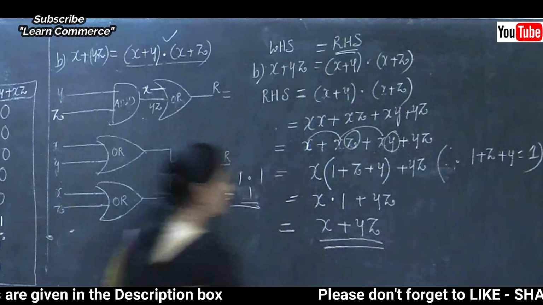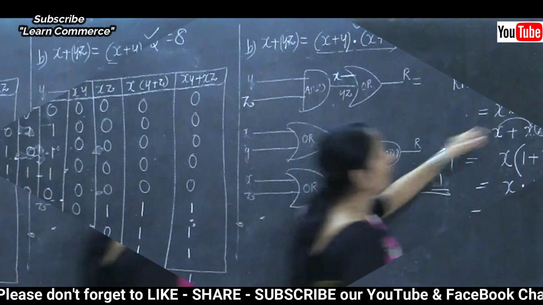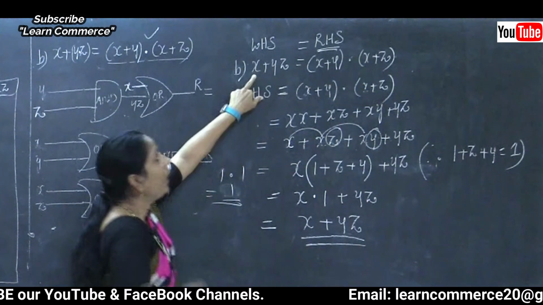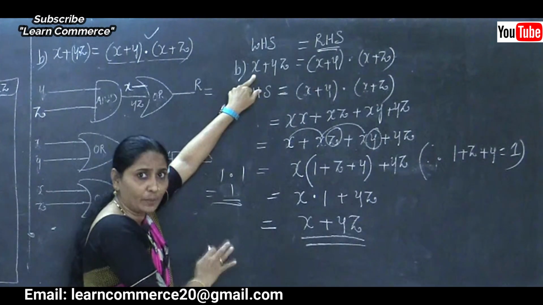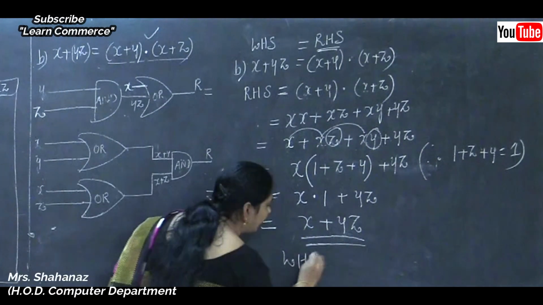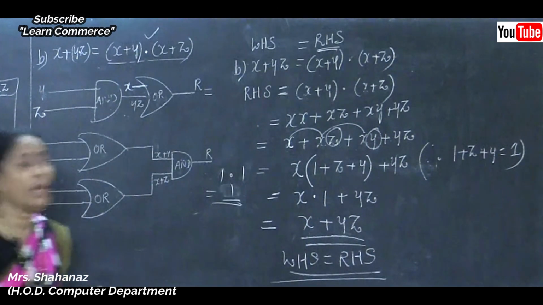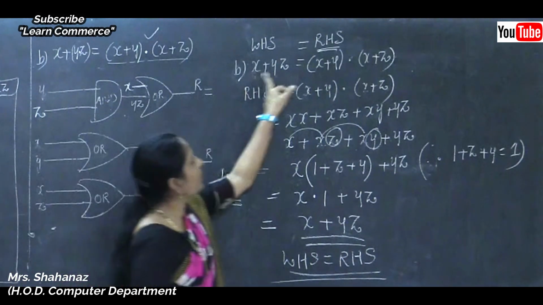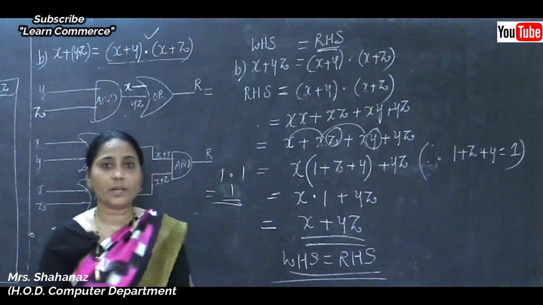Okay, so now let's see what about the y, because I completed such an expression by using the right hand side. In the right hand side the value is x plus y and x plus z, and we should get the value like our x plus yz. When you are going to simplify such an expression, we will get the result as x plus yz. So we can say that the left hand side is equal to the right hand side. Both values are equal. Clear this point here? So this is our second distributive law. The second distributive law, x plus yz is equal to x plus y and x plus z here. So clear this expression? Thank you.